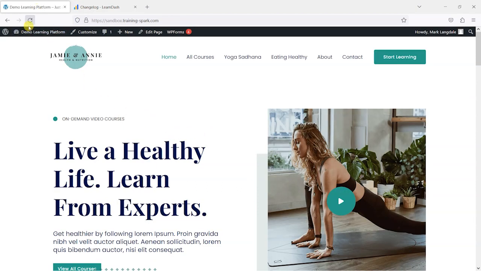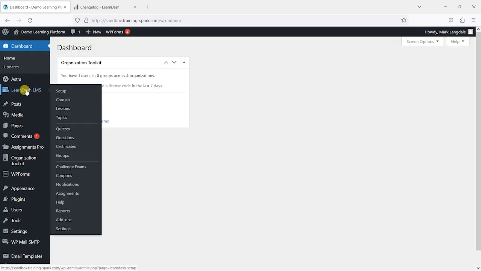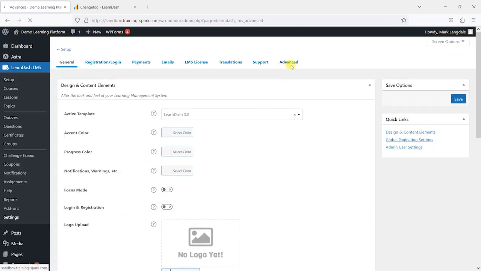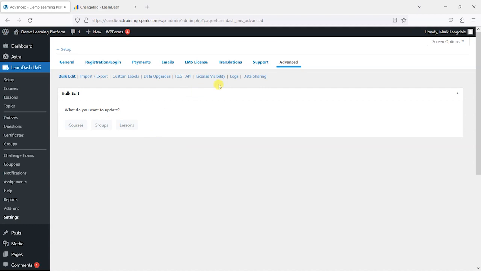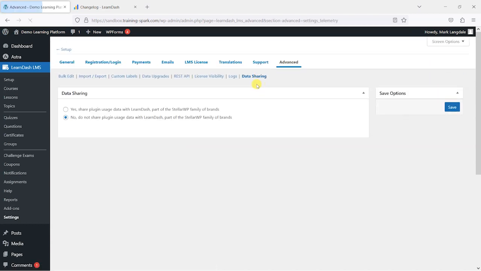of LearnDash. So both of these are found within the advanced settings of LearnDash. So if you head to LearnDash LMS, settings, and then advanced, there are two things here. The first is this data sharing, and what this is trying to do is encourage you to share plugin usage data with LearnDash and Stellar WP, who own LearnDash, so that they can help shape the future of LearnDash and see how people are using it. So up to you whether or not you want to share that, but that's just something that's configurable within the